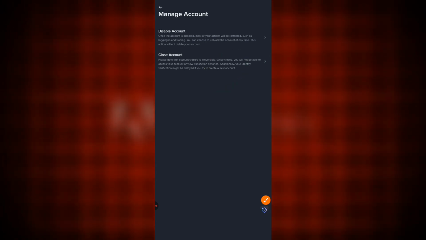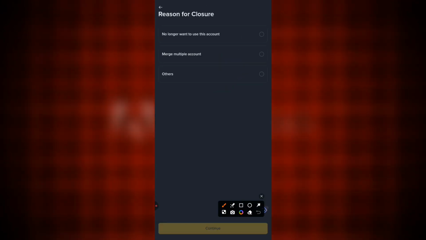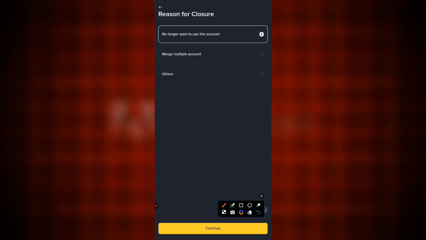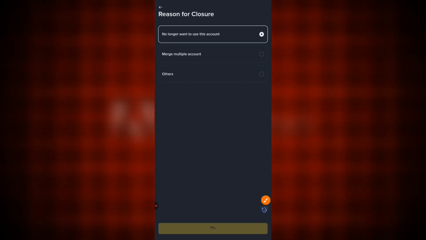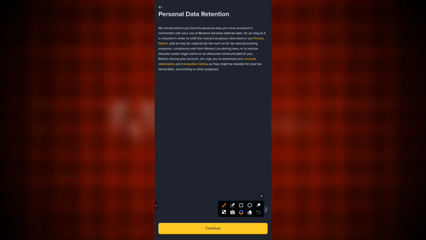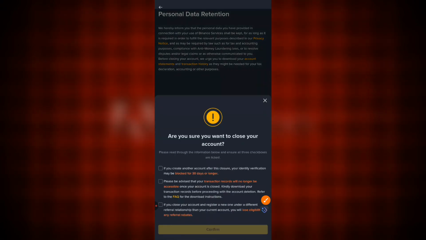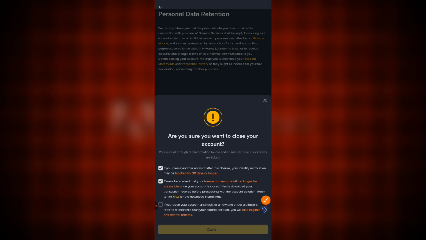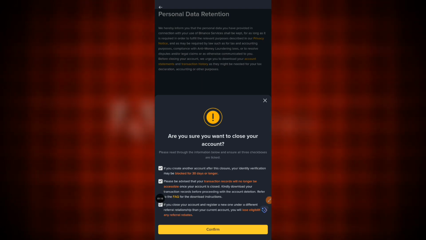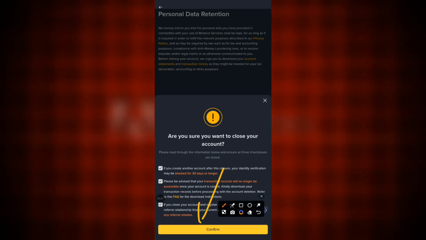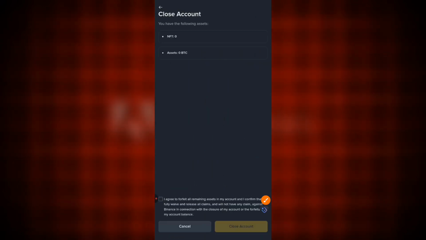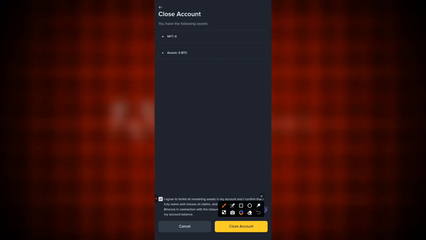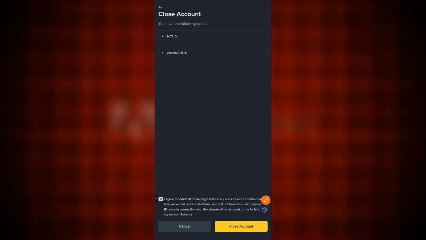close account, select no longer want to use this account and tap on continue option, then continue, then select all three options, then click on confirm option, then select I agree option, then click on close account,